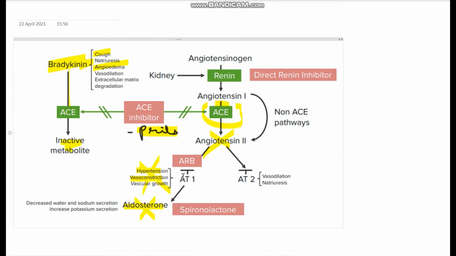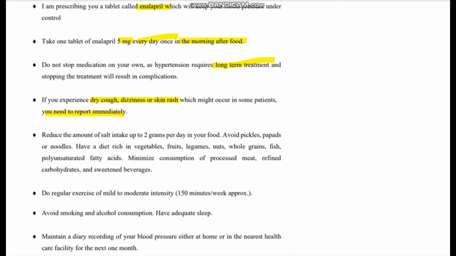And this is how it will also help in a similar manner. So if in case ACE inhibitor is not tolerated by the patient because of excessive coughing and angioedema and stuff like that, you can change it to an angiotensin receptor blocker. Okay, then